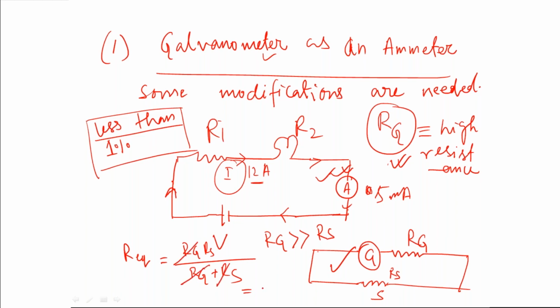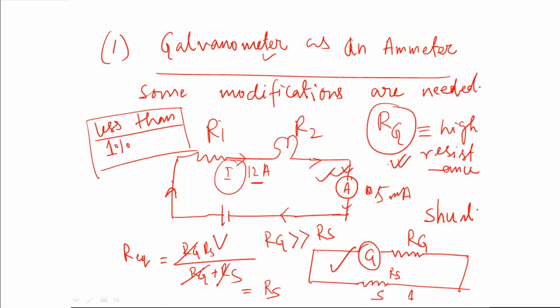This Rs is actually some milliohm or some ohm, suppose 1 ohm, 10 ohm, or maybe some milliohm also. A very small resistance. Whenever we use a very small resistance in parallel to any circuit, that is called a shunt. And in this case, if the current is coming as 12 ampere over here, how much current will be